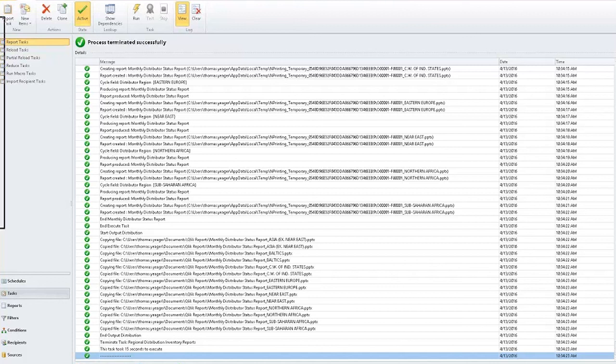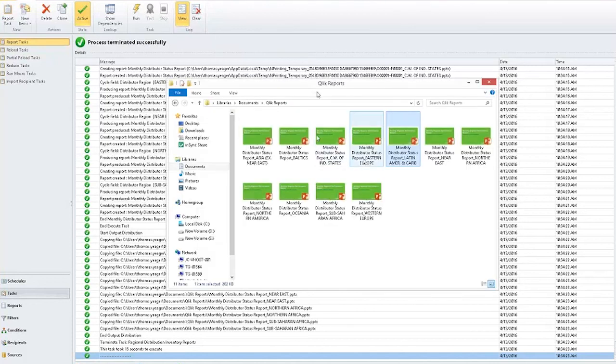And if I open this folder up, you can see this is where I've now stored all of them, and we've actually created a monthly distribution status report. I've also included the region as part of the title here. So if I open up the Latin America and Caribbean report,